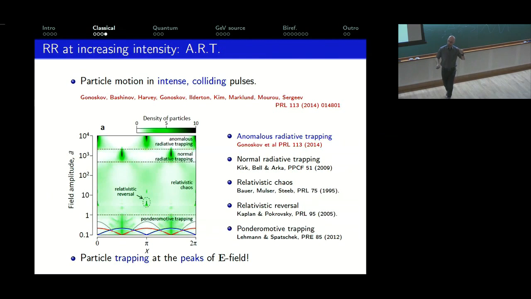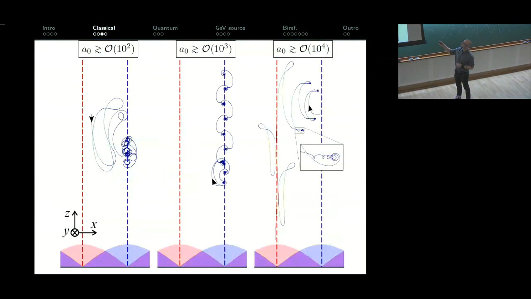Now, yes? Well, it loses all of its kinetic energy. So it accelerated very hard here, and then it's brought almost to a stop. And then it's accelerated hard again, and brought almost to a stop. Yeah. So each of these kicks, if you like, is one cycle of the laser. So it's moving up and down like this, in this regime, which will be important later on. Oh yeah, so good, thanks for that question. Remember this kind of motion, it's gonna be important later. So this electron is oscillating up and down the electric field like this.